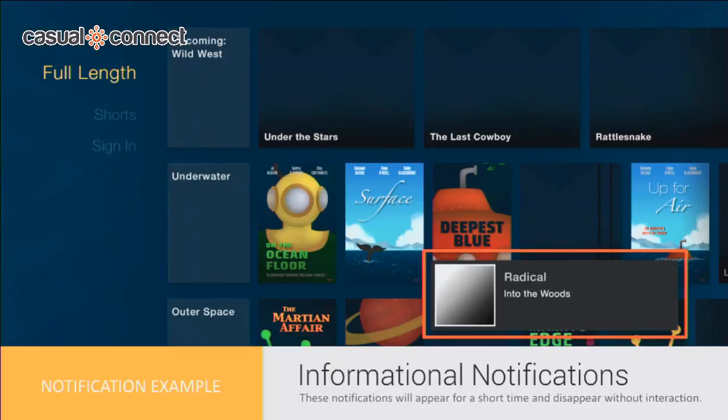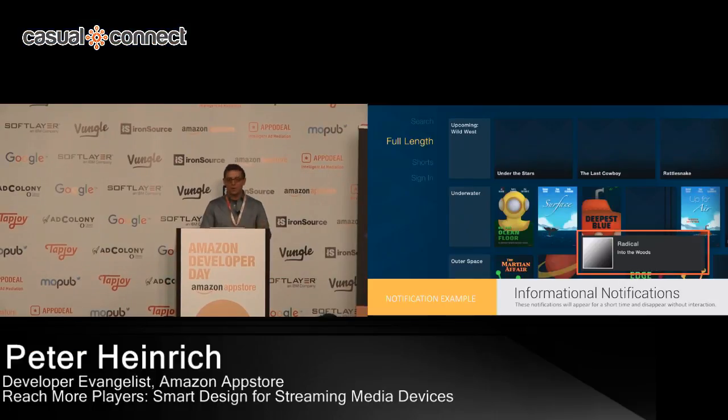So Fire TV, as an example, uses the standard Android notification mechanism, which means that you can present these heads-up or high-priority notifications that appear on screen and then fade away after a few seconds. Super simple. I hate to keep harping on that. Some of this stuff really is super simple.